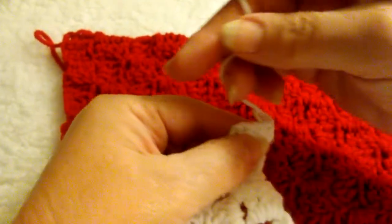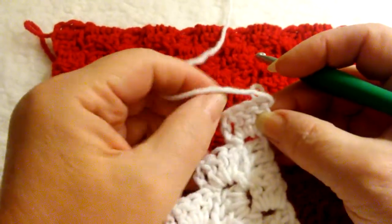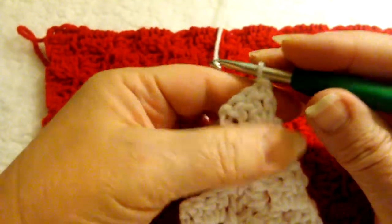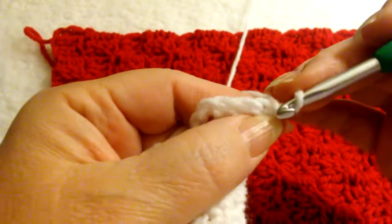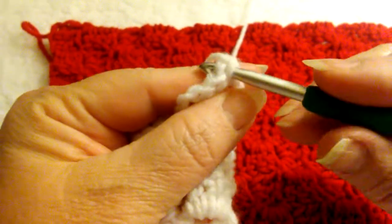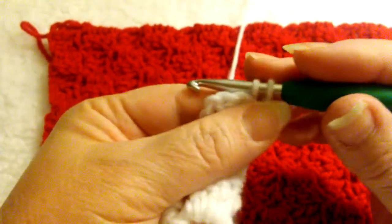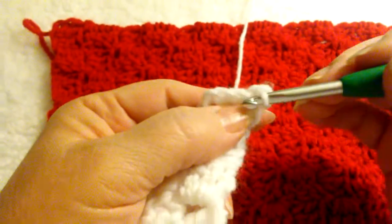I'm going to take and pull this over to the side. That's where I want it to be. You'll see why here in a moment. We're going to lock it down so it is going to stay out of our way. We're going to just take our hook and go right in. We're not yarning over. We're going to just grab that and do our 1,